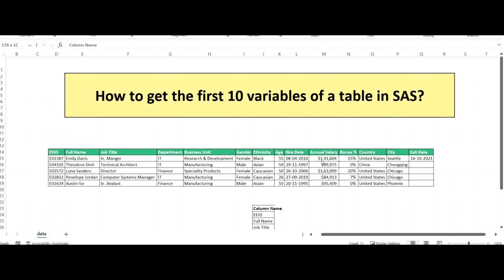Hello everyone. Today I have come up with a new scenario-based question, in which the interviewer asked the candidate how we can get the first 10 variables of any table in SAS. For example, if you see here, from row number 14 till row number 19 we have this